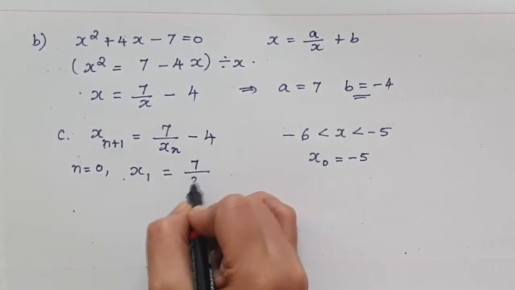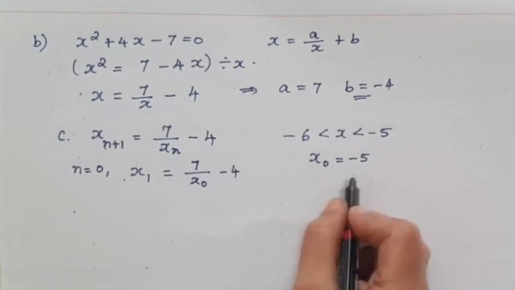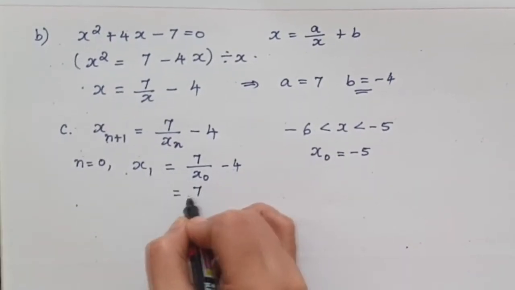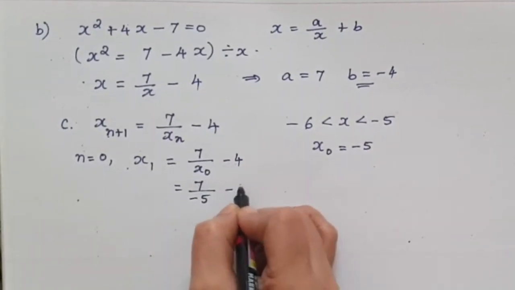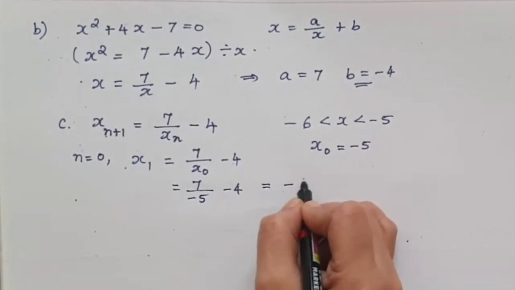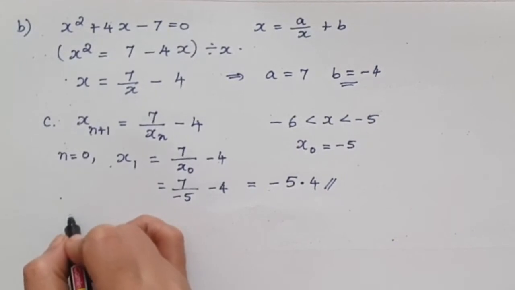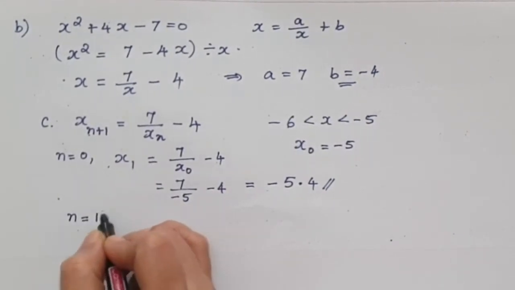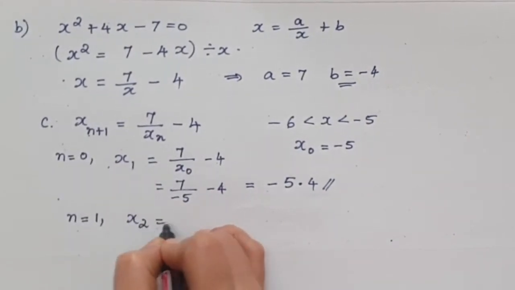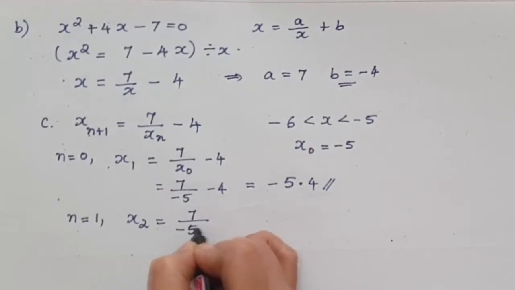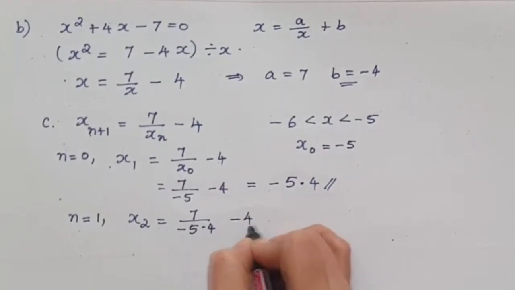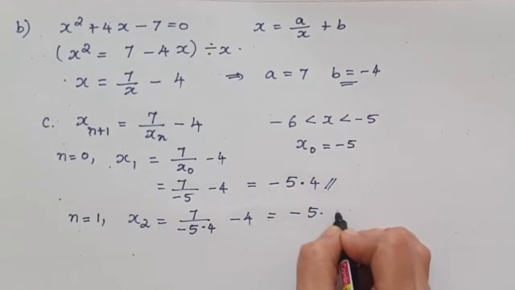x1 will be equal to 7 over x0 minus 4. And we already have our x0 as -5 minus 4. So when we simplify this, we get it as minus 5.4. And then next thing is we substitute n equal to 1. So x2 will be equal to 7 over minus 5.4 minus 4. That will be equal to minus